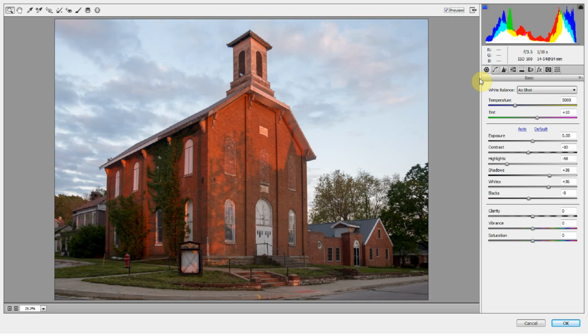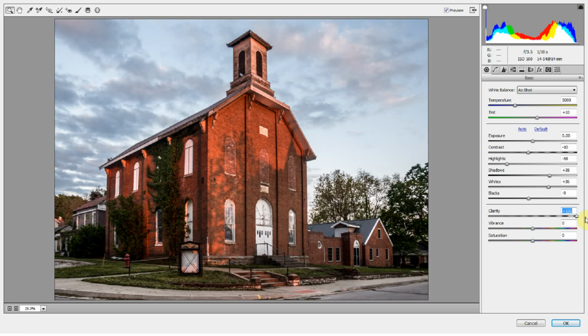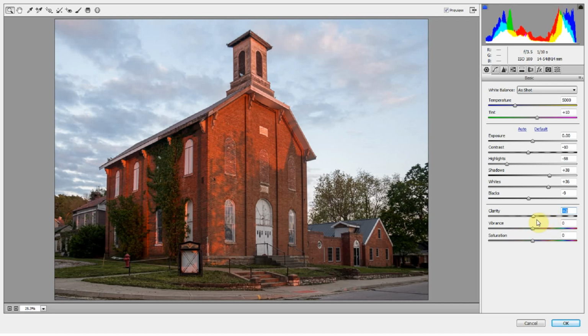So we're starting to brighten this up a little bit, starting to get some more of that HDR feel in there. Now we can add some clarity if we'd like. And clarity does go a long way with HDR photographs. It gives it that detailed looking feel. But I'm going to address that later in a second. So we won't do any global clarity right now.